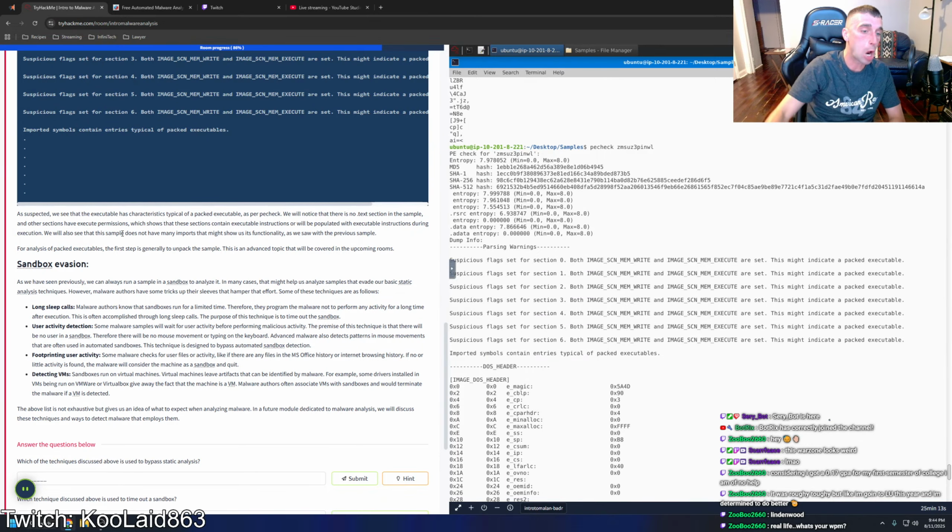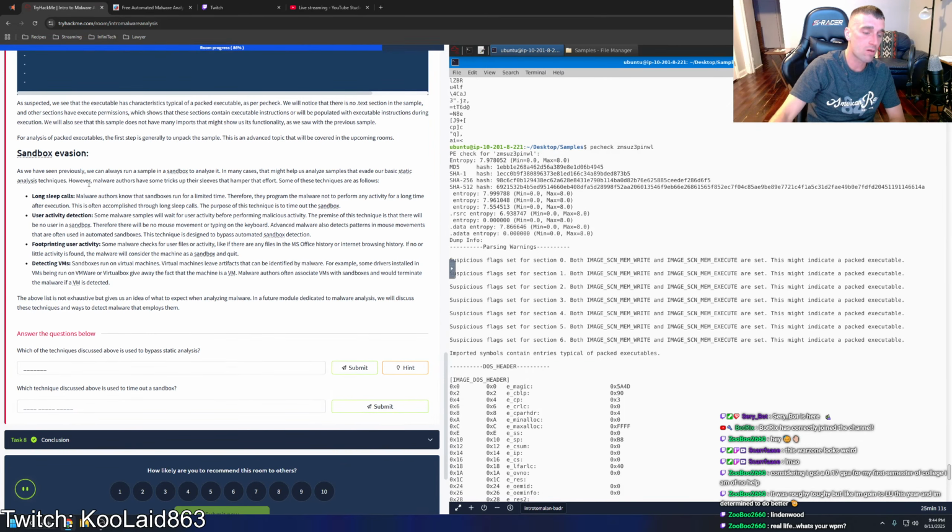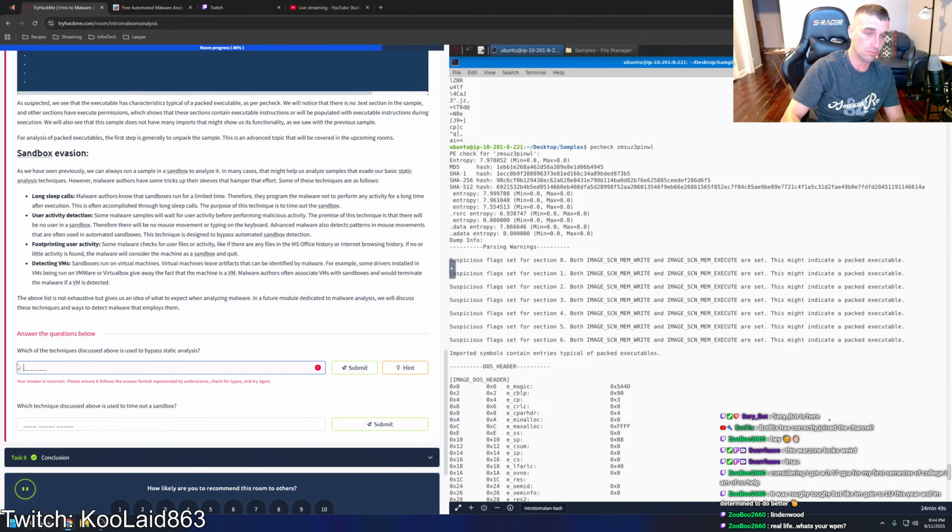Sandbox evasion. As we have seen previously, we can always run a sample in a sandbox to analyze it. In many cases, that might help us analyze samples that evade our basic static analysis techniques. However, malware authors have some tricks up their sleeves that hamper that effort. Some of these techniques are as follows: long sleep calls. Malware authors know that sandboxes run for a limited time. Therefore,